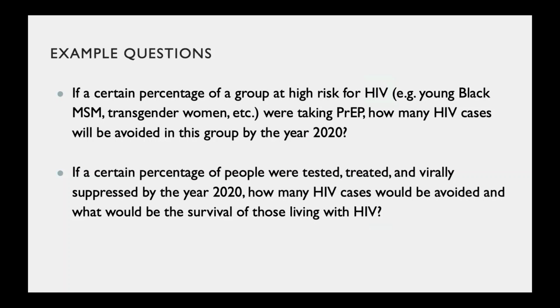One would be, say, for instance, if you wanted to know if a certain percentage of a group at high risk for HIV, which a lot of you may know that young Black MSMs, or men who have sex with men, and transgender women, et cetera, fall into that group. So if you wanted to know, what percentage of this group, if they were taking PrEP, how many HIV cases would be avoided if this group were taking this